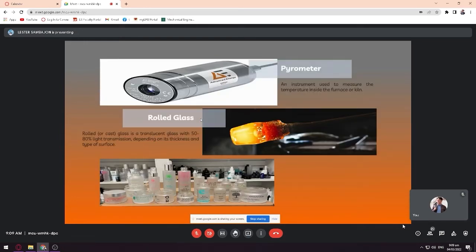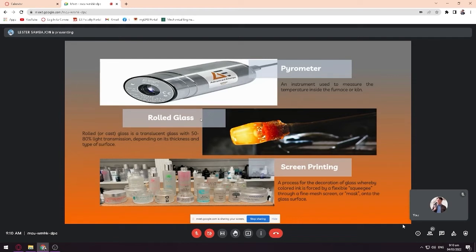Next would be pyrometer. A pyrometer is an instrument used to measure the temperatures inside the furnace or kiln. Next would be rolled glass. Rolled glass or cast glass is a translucent glass with 50 to 80% light transmission. Depending on its thickness and type of surface, it is used where transparency of the glass sheet is not important or not desired. Next would be screen printing,